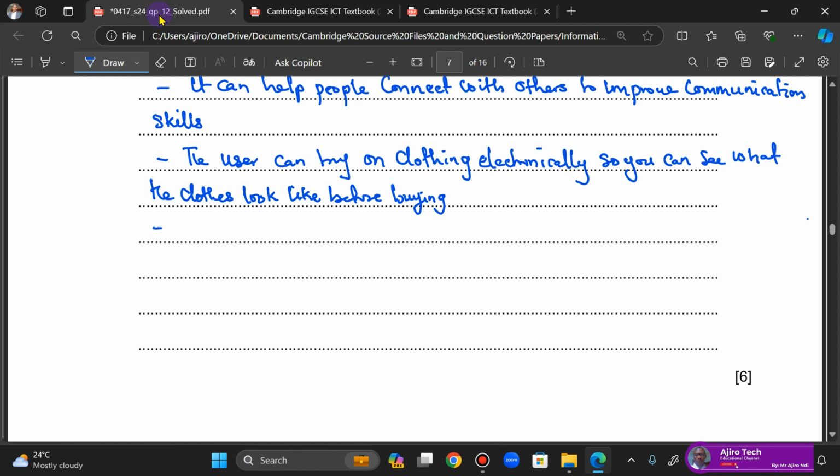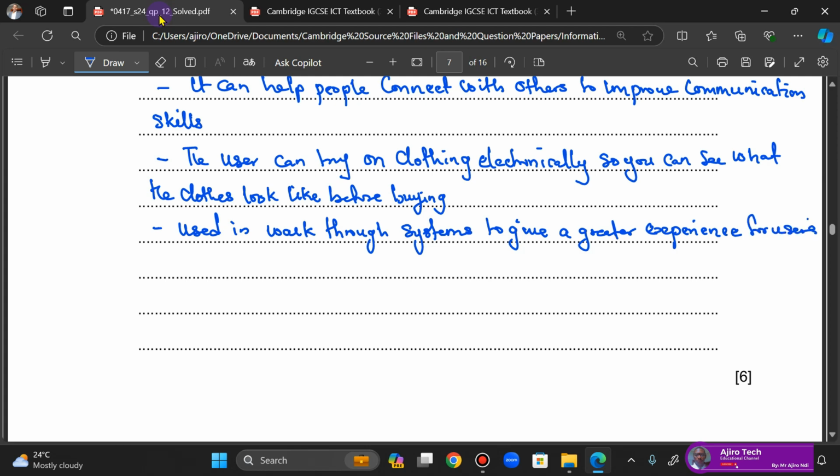So it is used in walkthrough systems to give a greater experience for users, okay, for users. Another one is